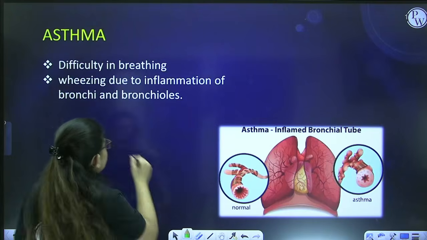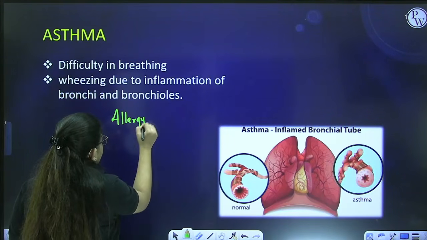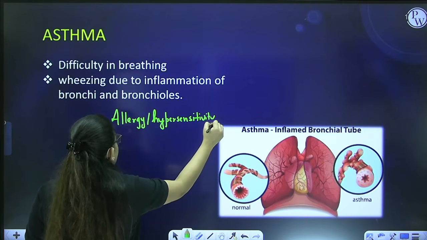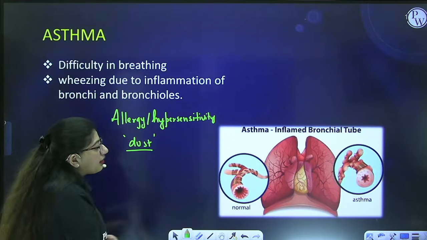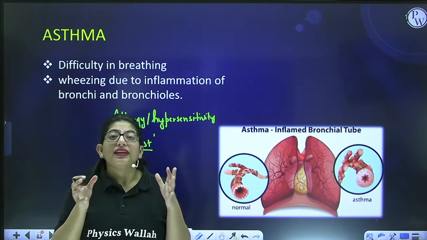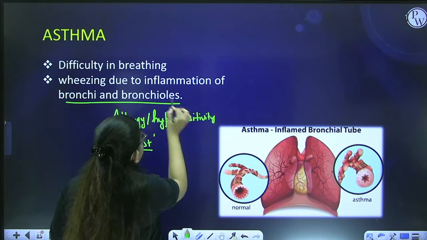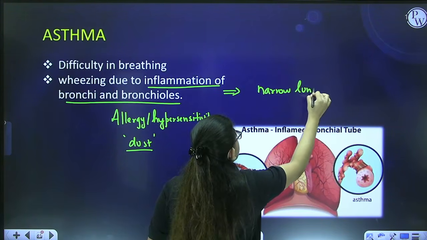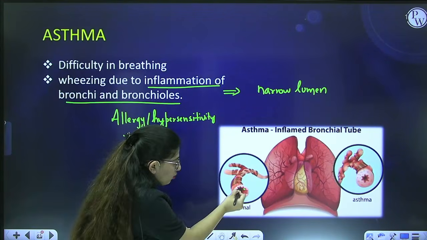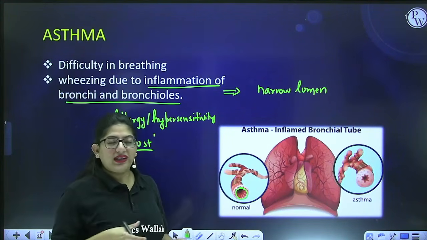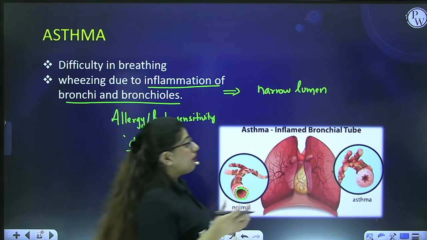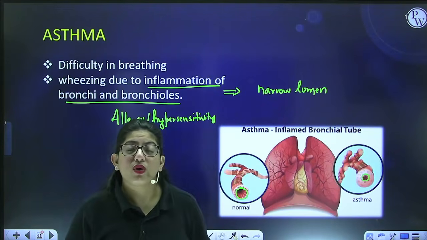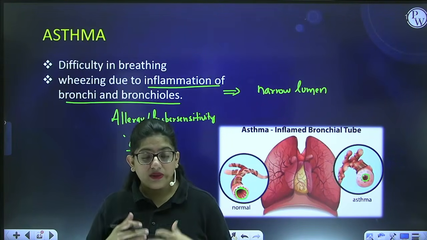What happens in asthma? It's basically an allergy or hypersensitivity. A person is allergic to dust. As a result, the person's bronchioles or bronchi get inflamed. So when these bronchi and bronchioles get inflamed, there is narrowing of the lumen. Lumen means the inner space. For example, you can say this is a normal lumen, so wide, right? The inner space can easily lead to the transport of a large amount of gas. But in asthma, the person's lumen gets narrower like this, so less oxygen enters,